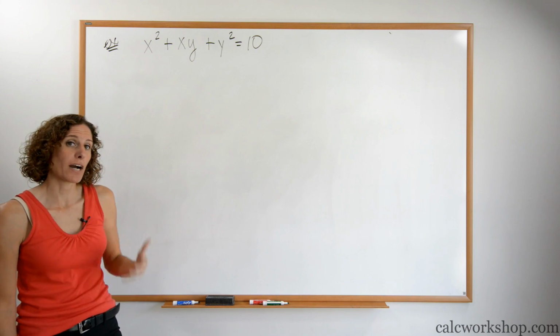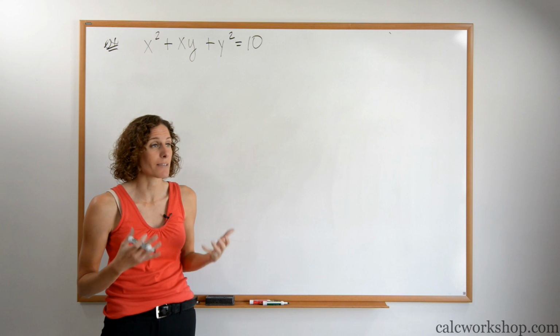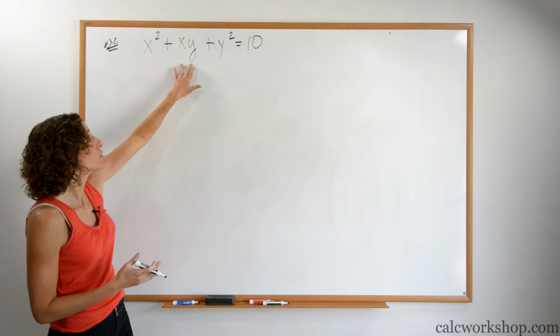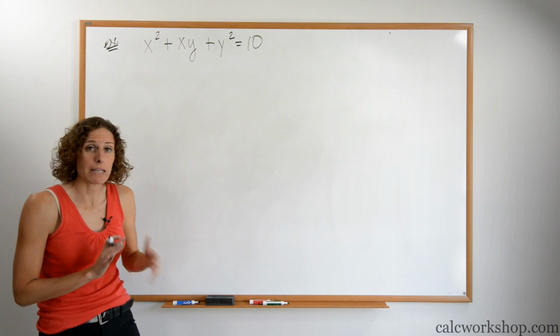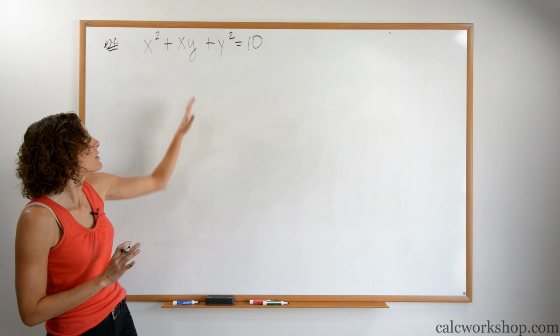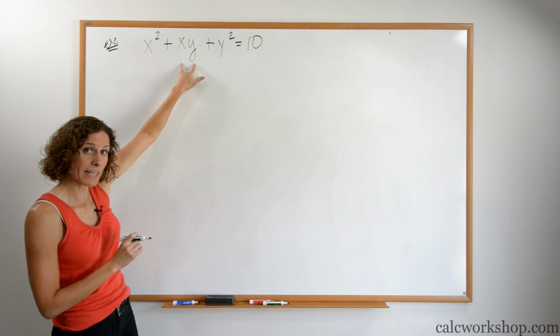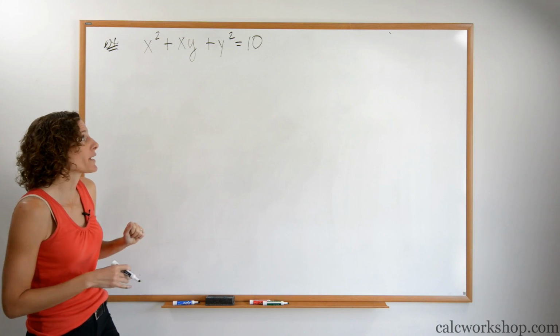There is no way for us to simplify this problem without some other level of mathematics, linear algebra, to get rid of the cross product term right here. So there's no way for us to really break it apart. We're going to leave it exactly the way it is, and we're just going to treat that as a product. And we're going to multiply by dy/dx anytime we take a derivative of a y. Not so bad. Here we go.